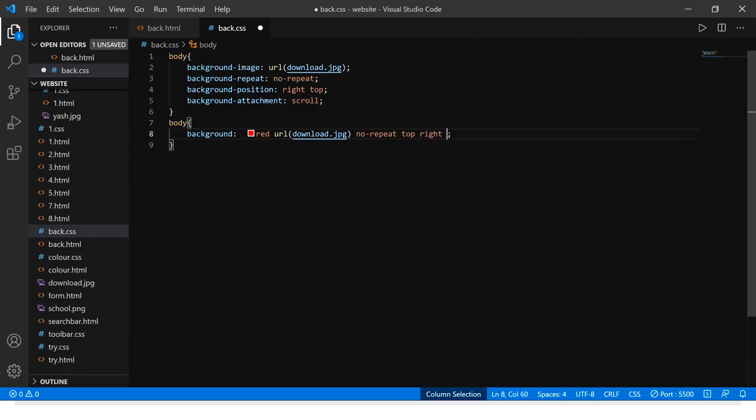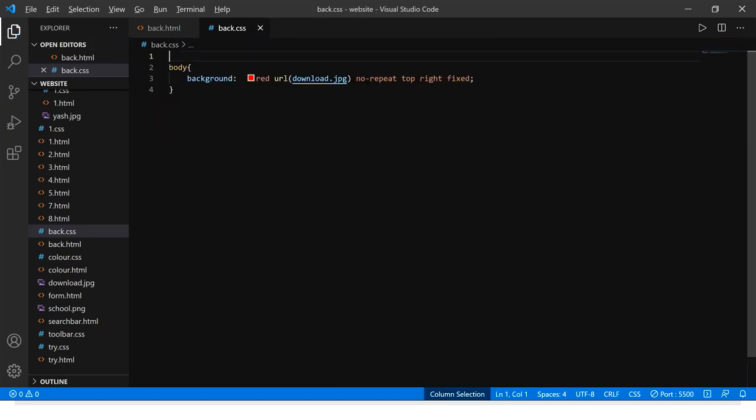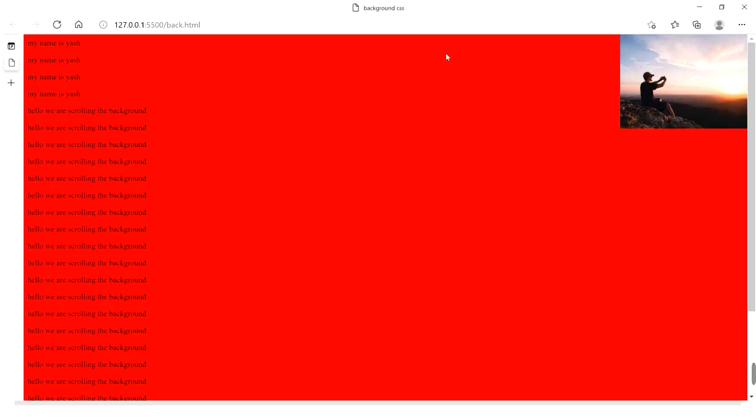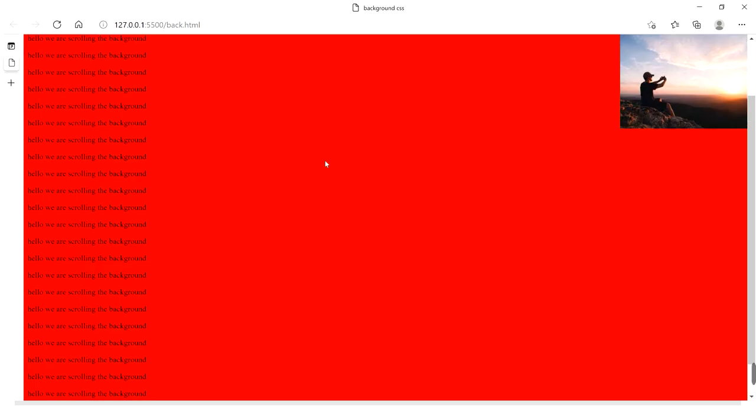If you want to scroll or fix it, I want to fix it. So yes, and I will delete this whole part. Now I will save it and we will see the change. Okay. Now I fixed the image, the background color is red, so all set.